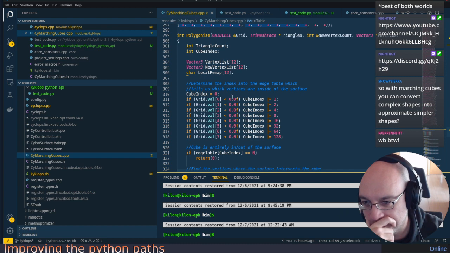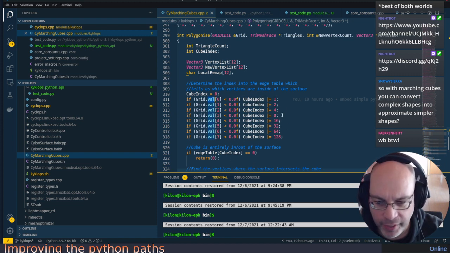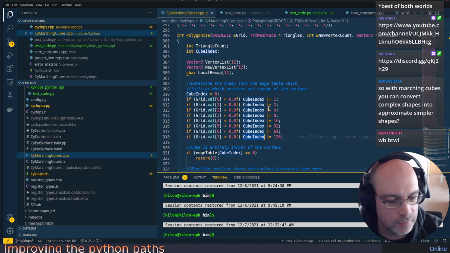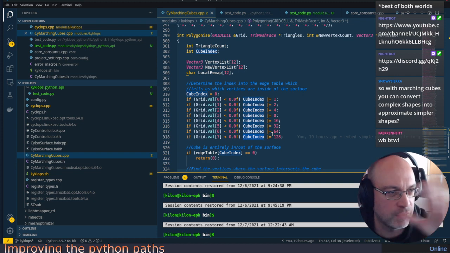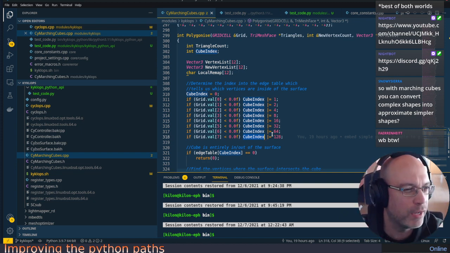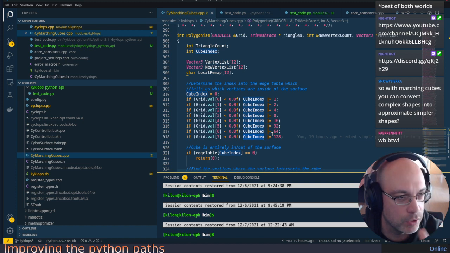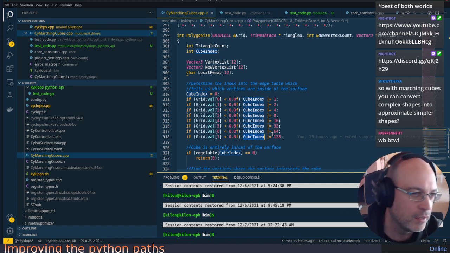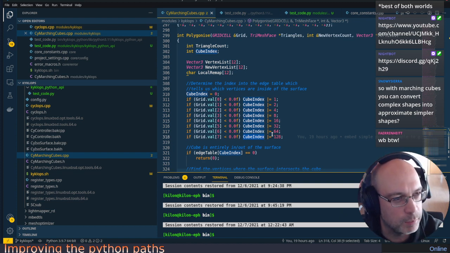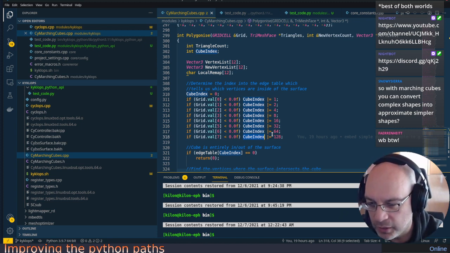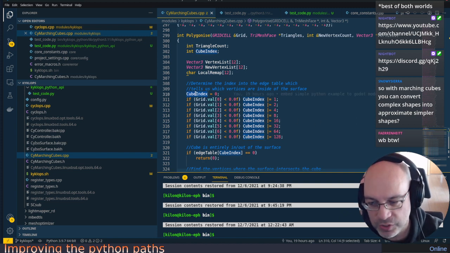So here is how the scenarios are calculated. It calculates which scenario it is, and it gets that by taking the value of each vertex. I think it does a bitwise operation and finds exactly which scenario should be applied in this case. A bitwise operation basically plays with bits. It turns everything to a binary code, and it's like a Boolean operation, right? Just like you do Booleans with 3D objects, you can do Booleans with binary values, and that allows you to come up with masking, extracting, and subtracting techniques that bitwise operation uses. I'm not going to explain them because I also don't fully understand them, but I understand the basis, and it's not really important. The important thing is that it finds which cube index, which scenario applies in this case